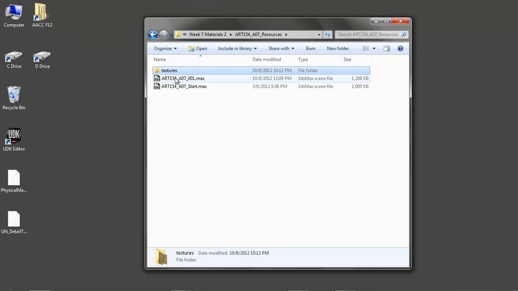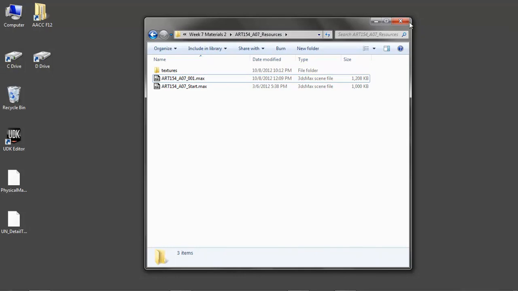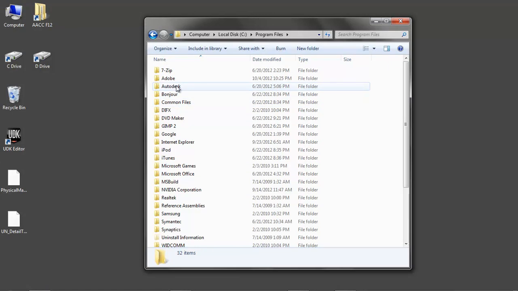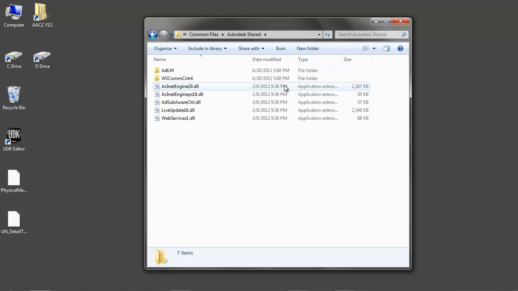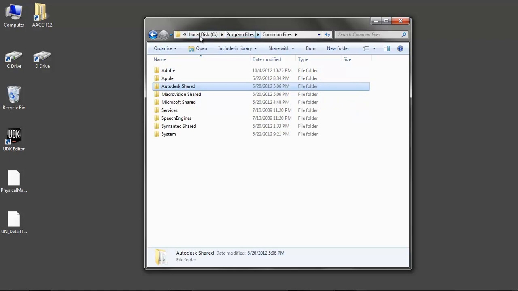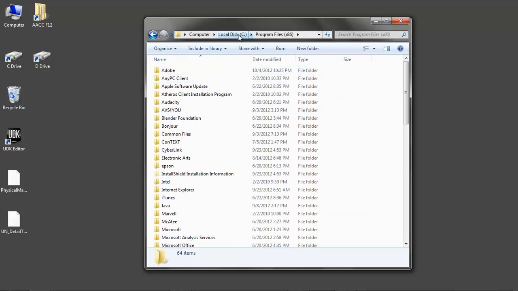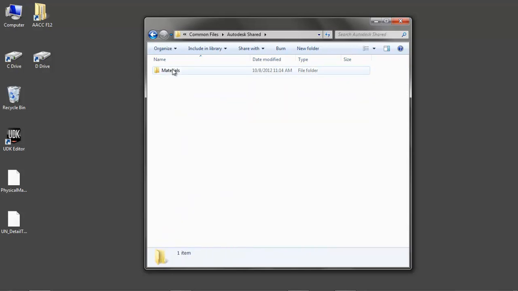And if you're not quite sure if it's happening or not, you can actually just take this file and place it somewhere else and go to open it, and you'll get a prompt that says, hey, where are all these textures? I can't find them. And then when you install Max, you get prompted to include some other items. And if we go into just shared, okay, so I have a 64-bit, so this is a 32-bit build. So I go into C, Program Files, Common Files, Autodesk Shared, Materials, and if we go into Textures,